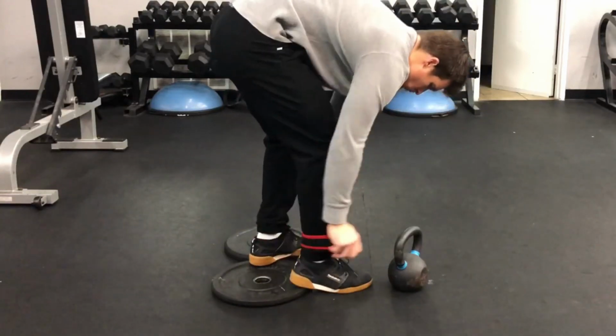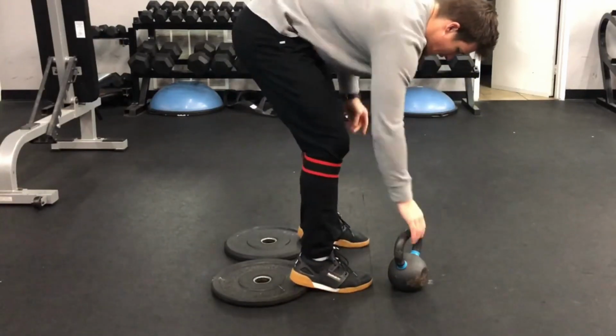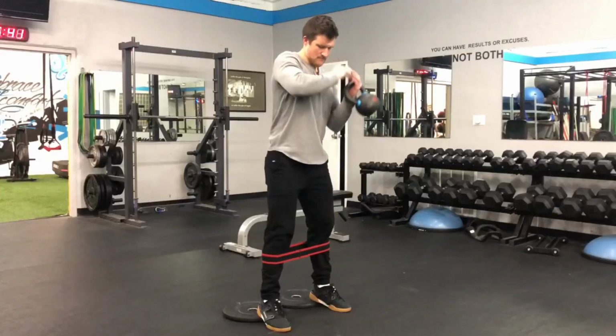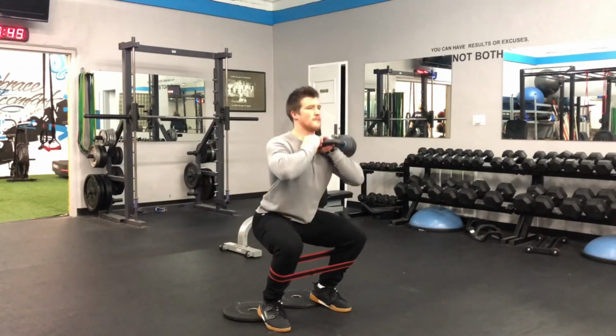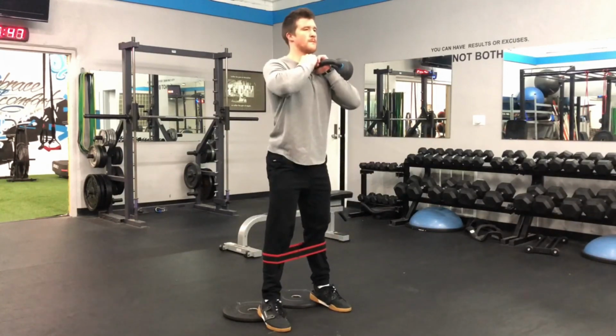If you don't have it, that's not essential, but it is a bonus, right? What it does is it helps negate any knee valgus or knees collapsing inwards by firing up the glute medius. Next, when we place the feet, specifically the heels, on those plates, what that does is allows us to get greater degrees of knee flexion, and because the quad itself crosses the knee and is responsible primarily for knee extension, what that can do is it helps us really get that nice deep squat position, and then it also helps